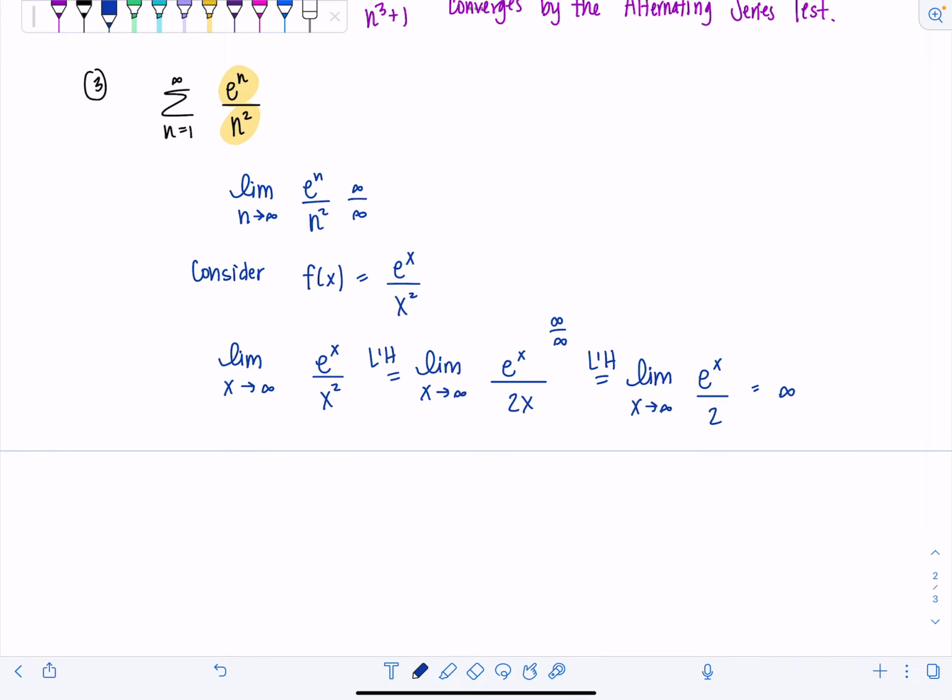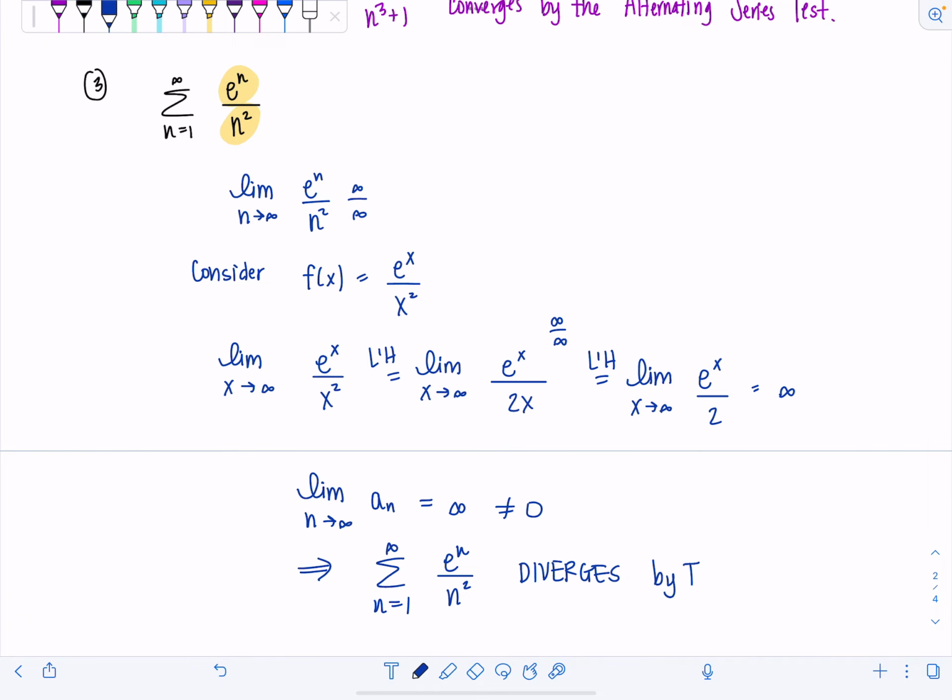So what does that tell me? That the terms of the series go to infinity, and infinity is not 0. Therefore, there's no chance that if I add up these terms, I'm going to get anything that approaches a finite number. So you could say that the original series diverges